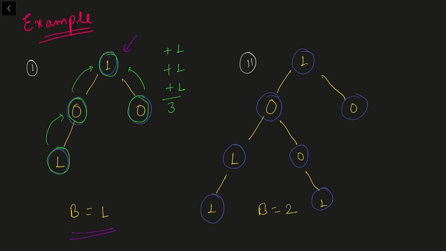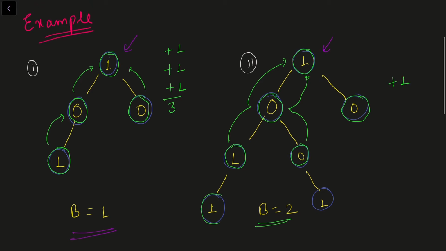Now let's move on to the second test case. Let's say this is the root node given to us and we are given b equal to 2. Then for this node, we don't have any bth ancestor, right? Similarly, for this node, again we don't have any bth ancestor. From this node, we don't have any bth ancestor because we cannot move two distances from here, right? Now if I talk about this node, the bth ancestor of this node is this node, right? But the values of these two nodes are the same, so we don't add anything to the answer because we need values to be different. But if I talk about this node and I go to the bth ancestor, the values are different, so I'll add 1 to the answer.